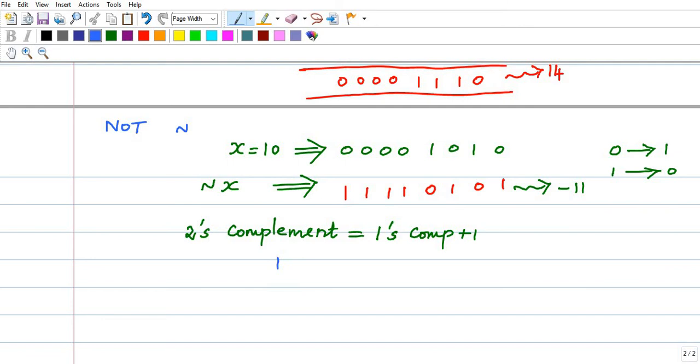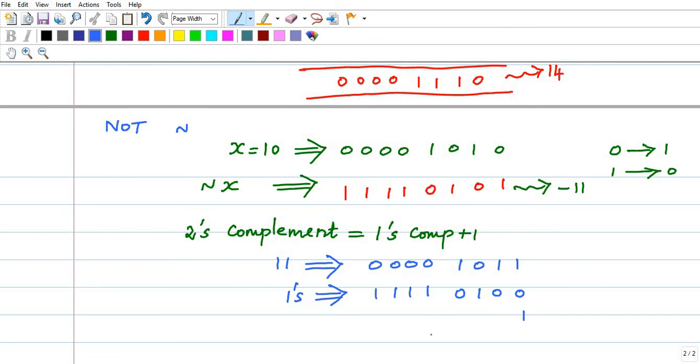For 11, the binary equivalent is 1011. The 1's complement is 1111 0100.